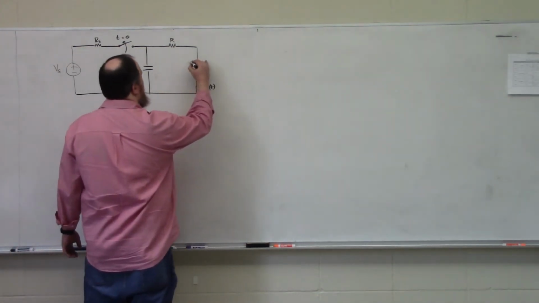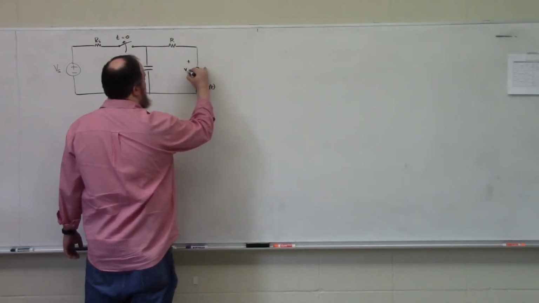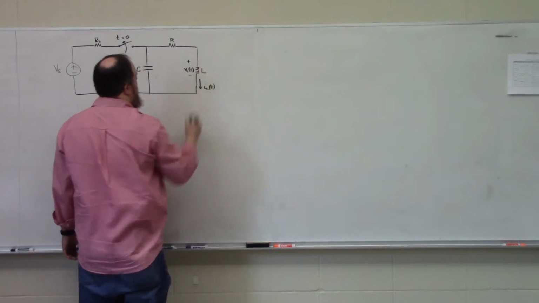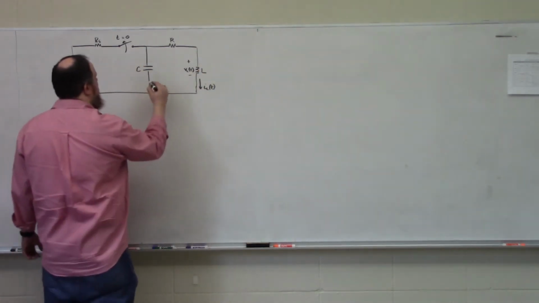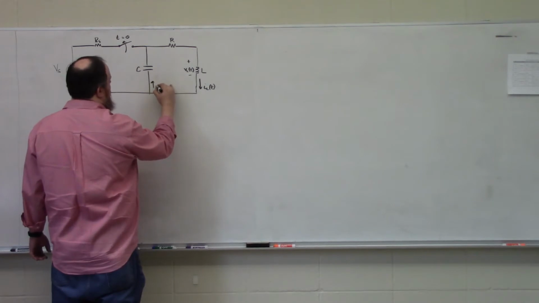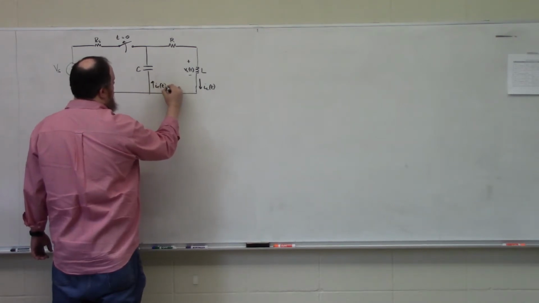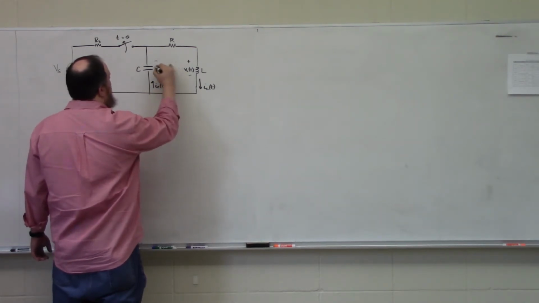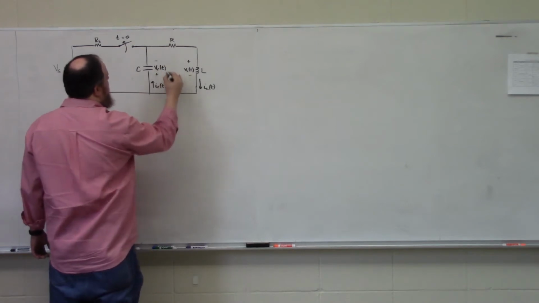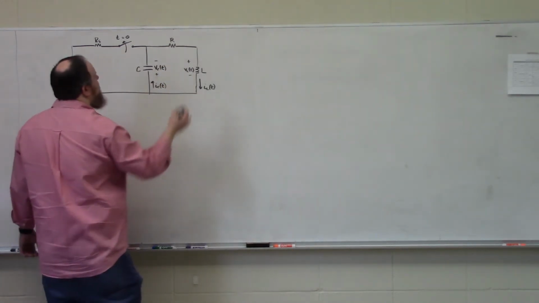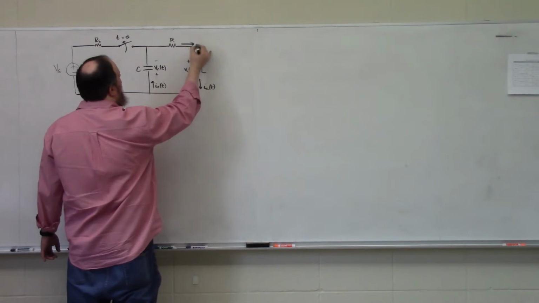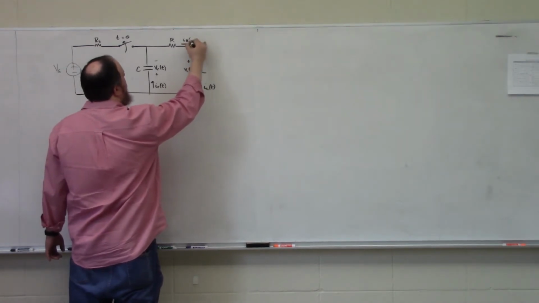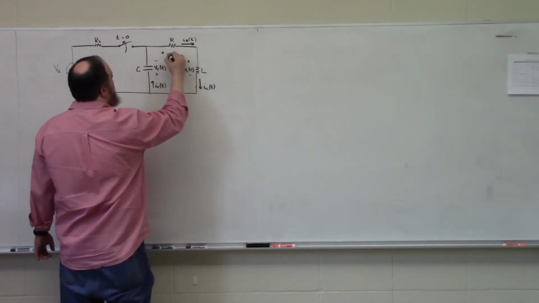So this will be my inductor voltage, VL of t. I'm going to define my capacitor current as flowing up. So this will be VC of t. And I'm going to define my resistor current as flowing to the right. So this will be